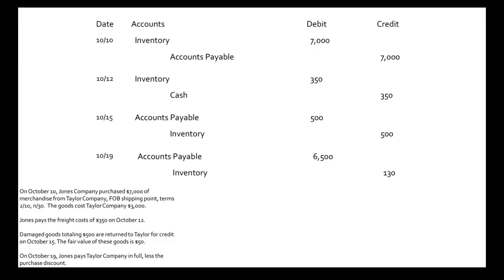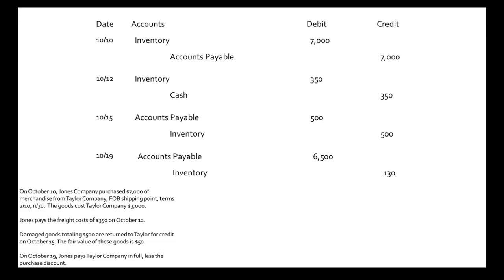Then we have this inventory account that's being credited for $130. And what is that showing? Well, we paid back within 10 days, right? We made the purchase on October 10th, and we're making the payment on October 19th. So the buyer counts the discount that we're getting under inventory because it's lowering the cost of acquiring our inventory. So we will credit our inventory for the amount of the discount.